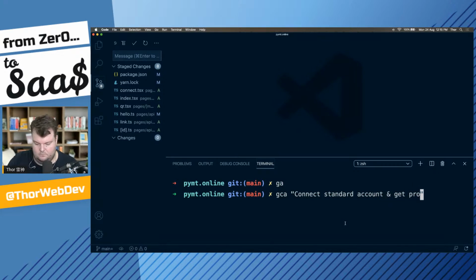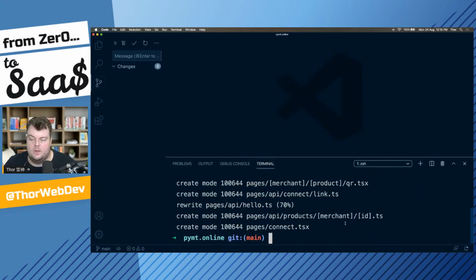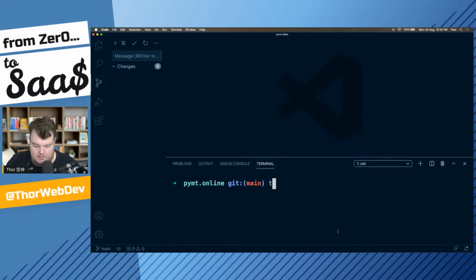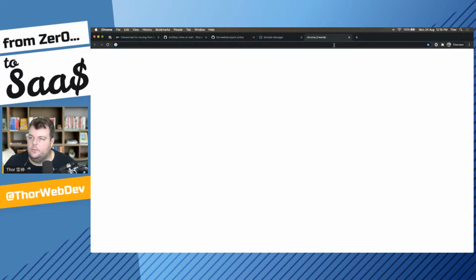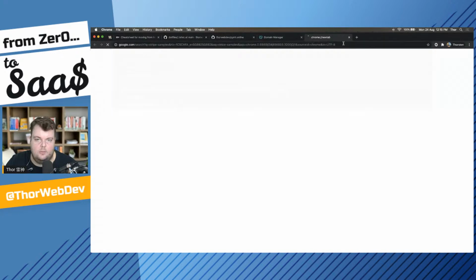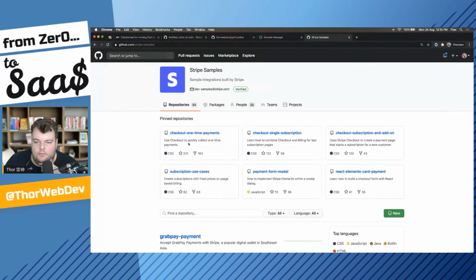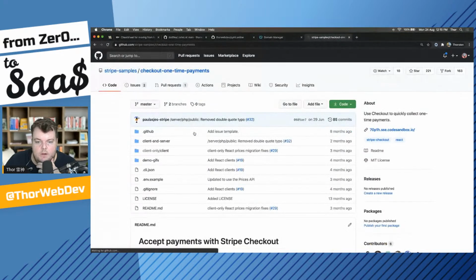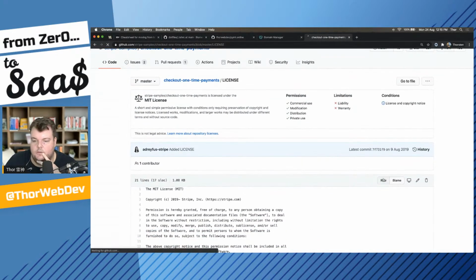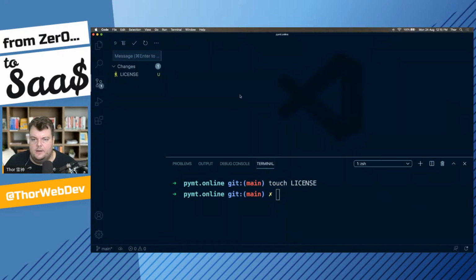Let's call it that. And then we'll need to add a license file. We'll just make that MIT license. Actually, all of our Stripe samples are open source with MIT license, so I think I can just grab the license from there and then